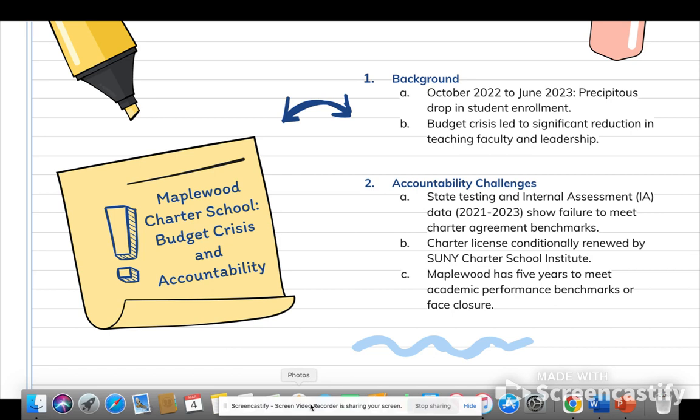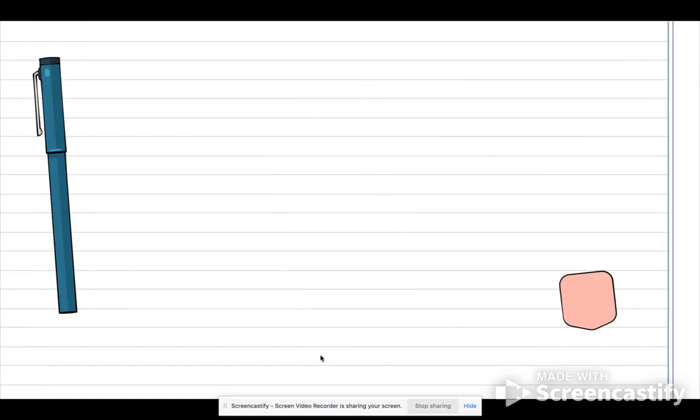Now, because it's a charter school, we have higher accountability measures than typical public schools. And unfortunately, our charter network has failed to meet the benchmarks put forth through our charter agreement. So our license has been conditionally renewed. However, if we do not turn around in 5 years, we might risk closure.